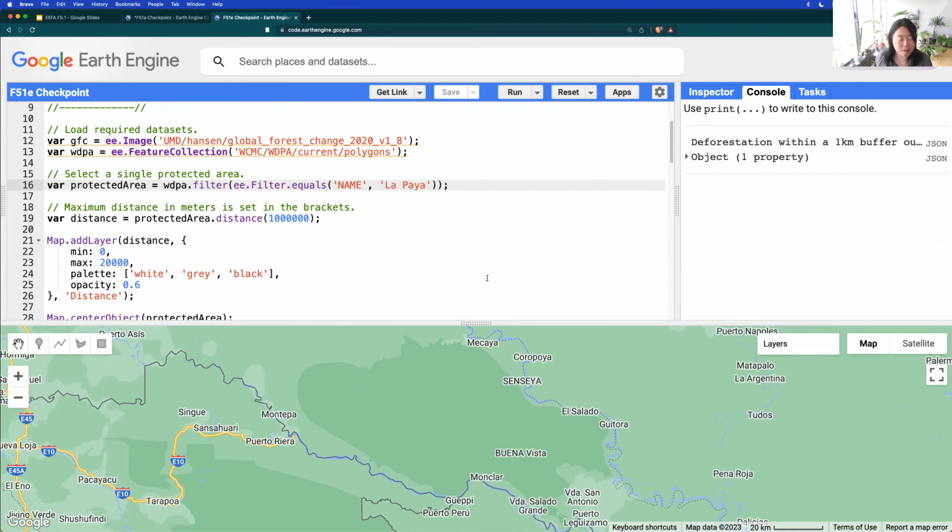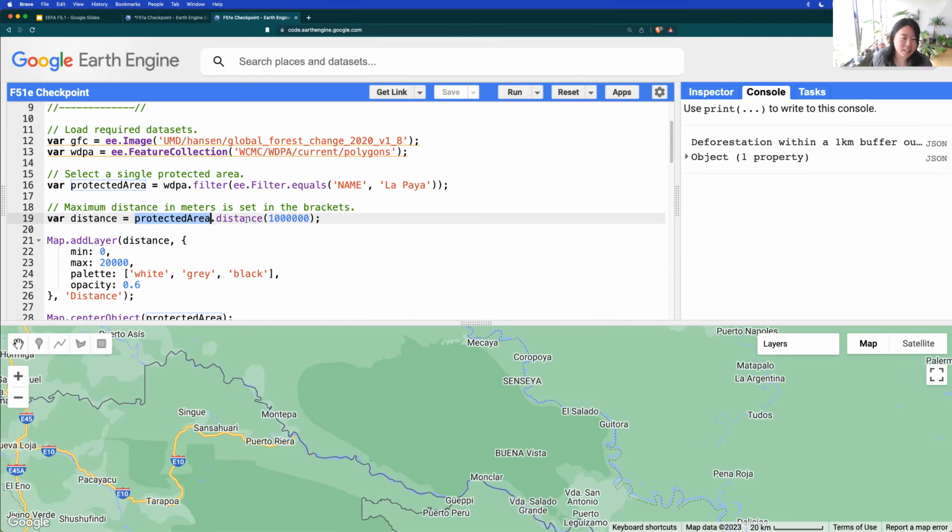This is particularly useful for protected area or forestry management operations where you are interested in buffer zones, for example. So what it does is it takes, in this case, feature collection vector data, and it returns a raster image